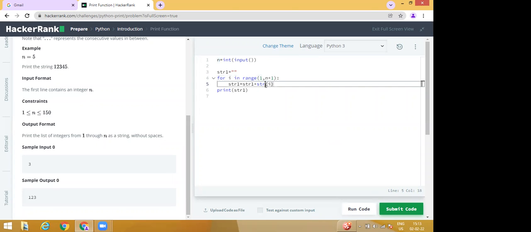Why am I using str of i? We can't combine integers and strings. Both should be in string form only. That's why I'm converting the i value into a string before concatenating the i value to the string. Otherwise,